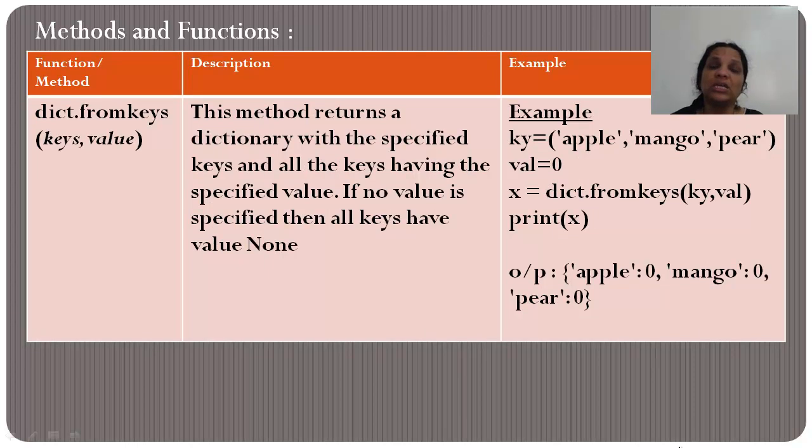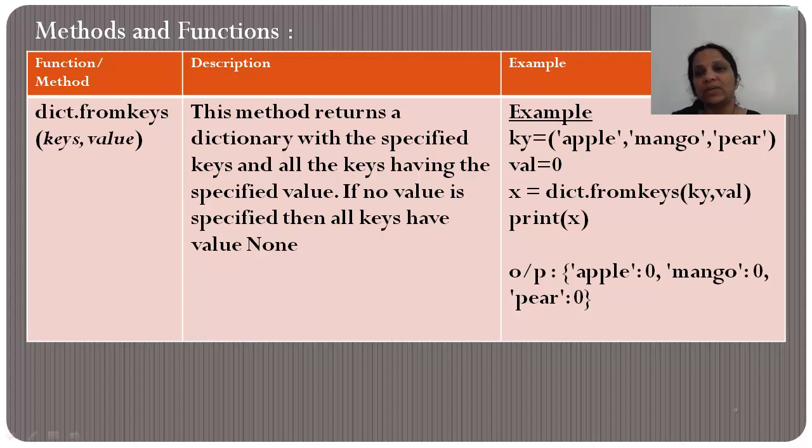Now here, instead of using the object to call the method, I am writing the name of the class itself. I've written dict.fromkeys. The reason being, this method lets me create a dictionary. So if it's creating a dictionary, I don't have a dictionary object already existing. That is the reason we did not use the dictionary object. Instead, we used the name of the class.